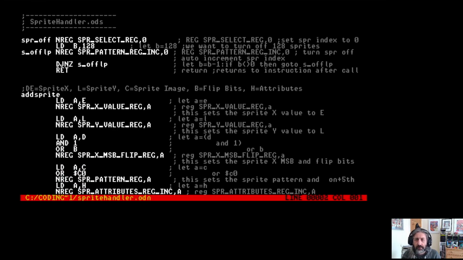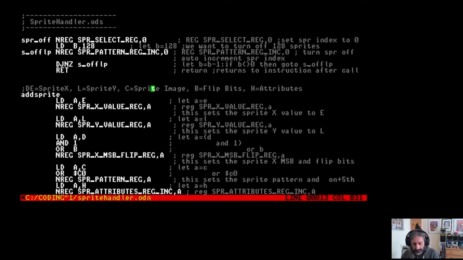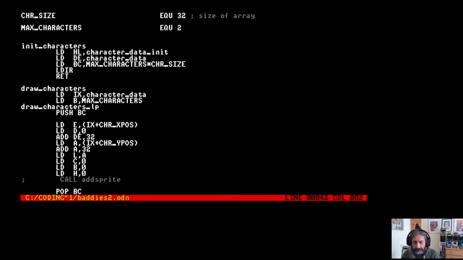So if we go to our sprite handler, our character sprite's image is in the C register. Right, so if we go back to our baddies 2 routine, it began with 4, didn't it? So if we just set that to 4 initially,